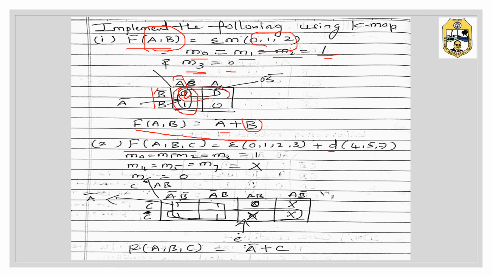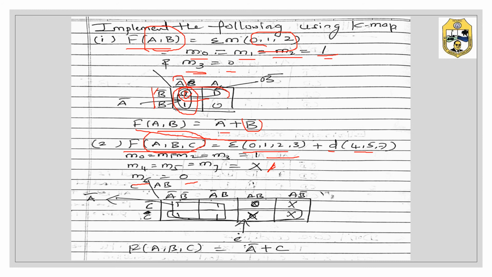As we have seen here, there are three variables. So K-map will be of three variables. See here it is m0 m1 m2 m3. These are given as 1 and m4 m5 m7 are given as don't care, means that is considered as x. Okay, and what is left out of which for three variable K-map? M6 is left. M6 is considered as 0. When you put these values in the K-map, what happens?